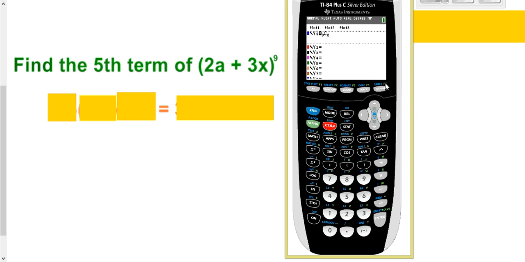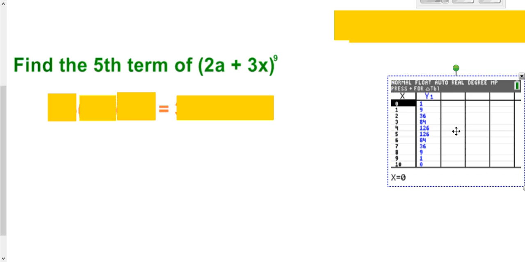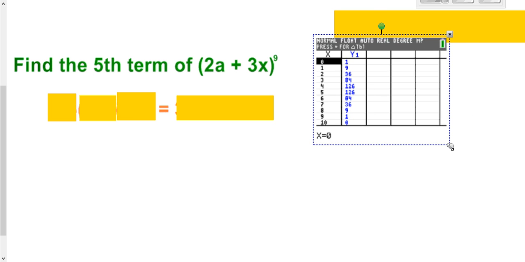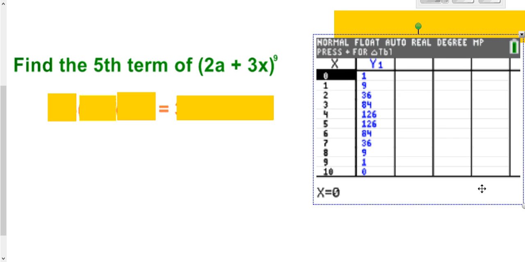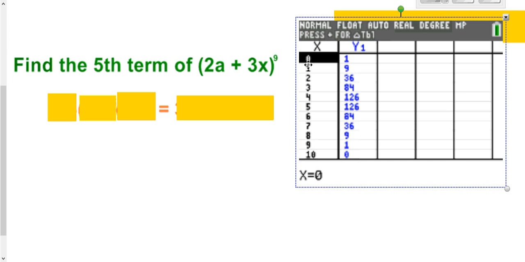Now I want to go ahead and look at table. Table is second graph. So looking at this, this is what you have for your ninth row in Pascal's triangle without having to write it all the way